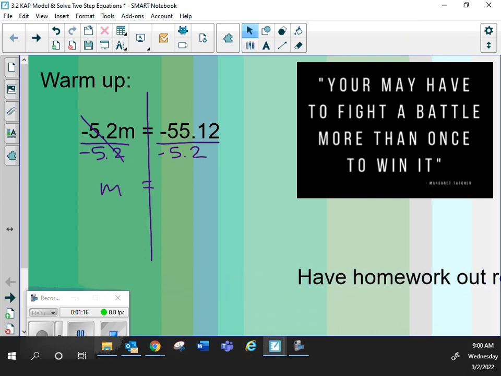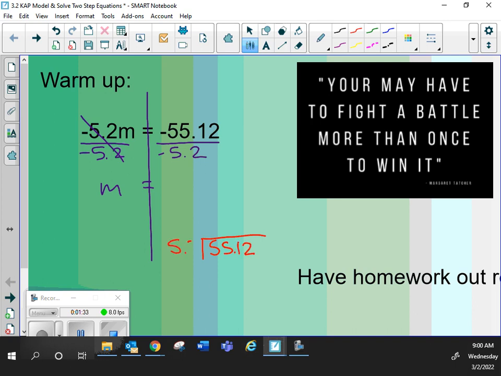All right, and then we have to divide. A few of y'all might have freaked out because, oh my gosh, we got another division with decimals in a hot second. Which one goes where? 5.2 top in, bottom out. 55.12